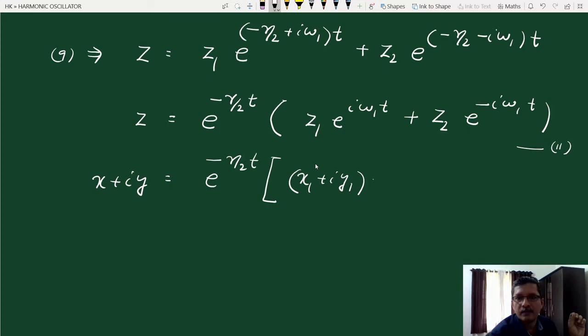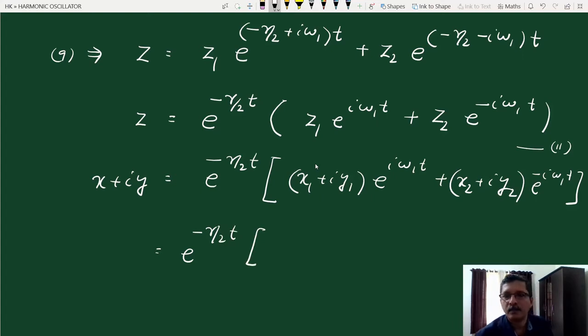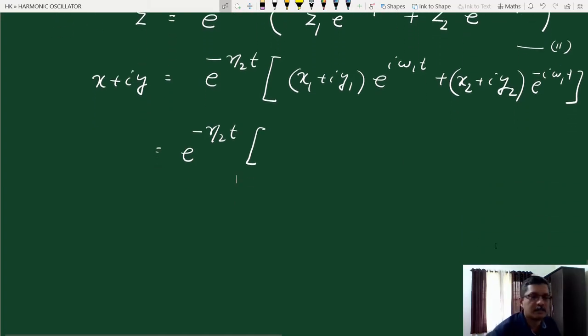Okay, x1 plus iy1 e raised to i omega 1 t plus x2 plus iy2 e raised to minus i omega 1 t. Okay, and e raised to i omega 1 t we also have to expand, express. What is e raised to i theta? See, e raised to i theta we can write as cos theta plus i sin theta, de Moivre's theorem. Using that, if you rewrite this, you get